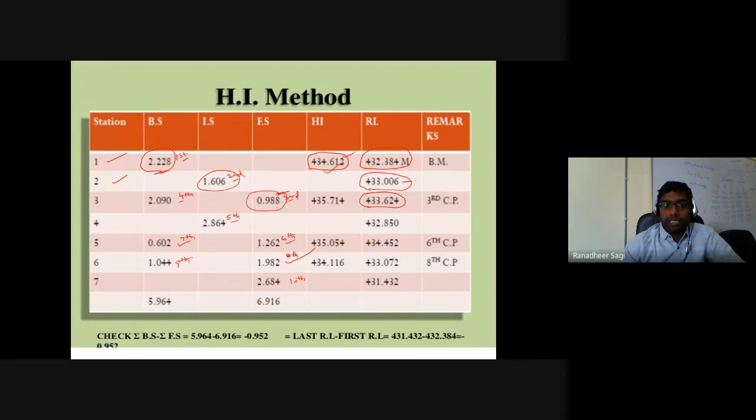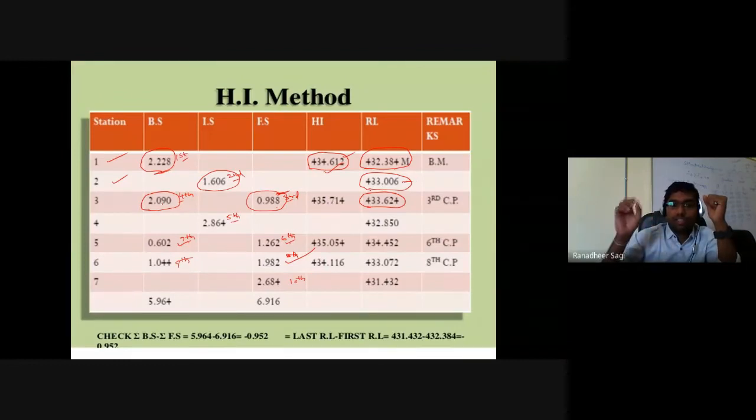Sir, at point C, that is the third point, I have a foresight and I have a backside. Sir, what should I do with this backside data then? What is this backside? Backside is nothing but the first reading that you take on a leveling staff at a point after shifting the instrument. It means after the so-called third reading which I had earlier, the instrument got shifted.